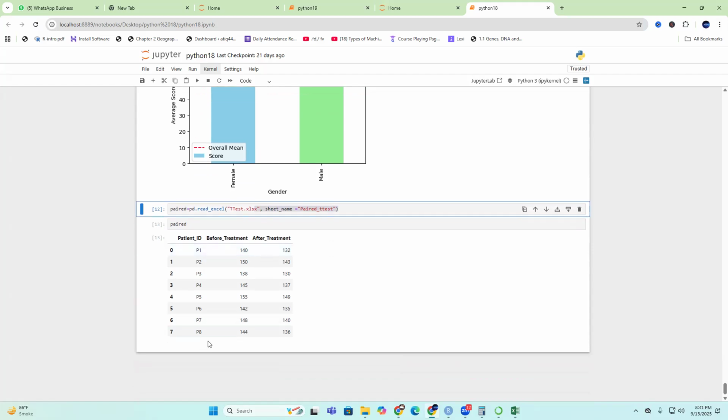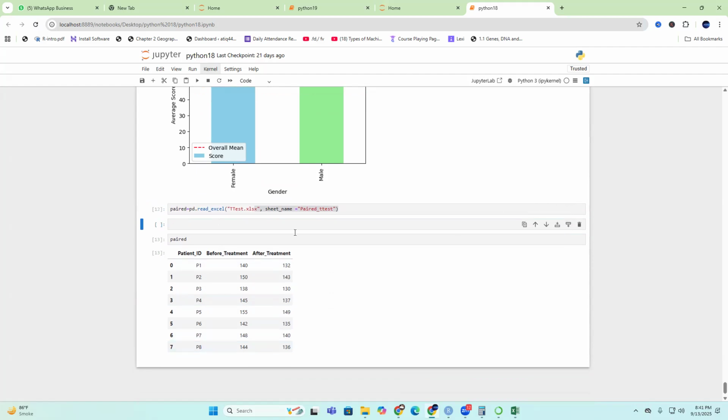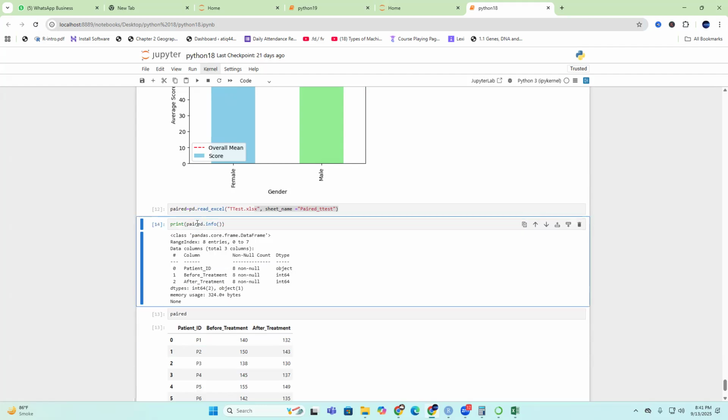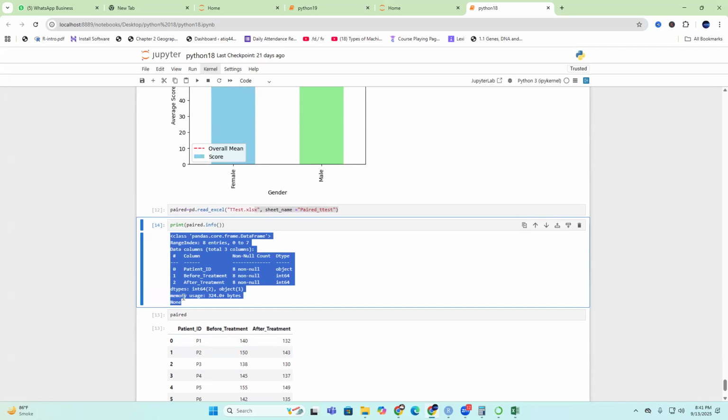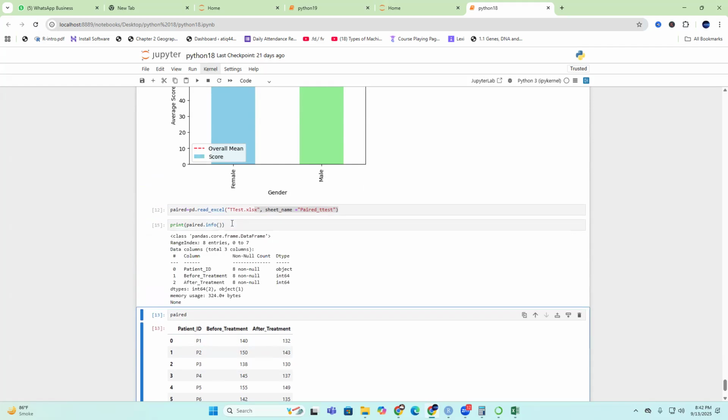Now the next step is, again, take its str, open a new script line, print, bracket, your file name is paired, P-A-I-R-E-D paired, dot info, bracket open, bracket close, and bracket close, and run. It will show you the script and its output. So here is the output, combining both things, script and its output,